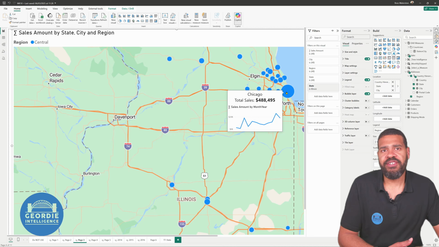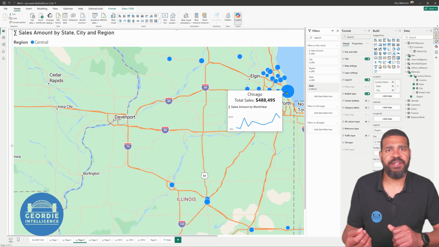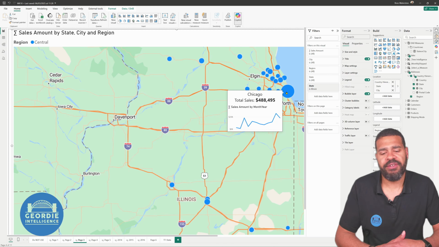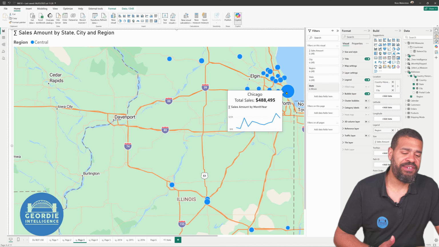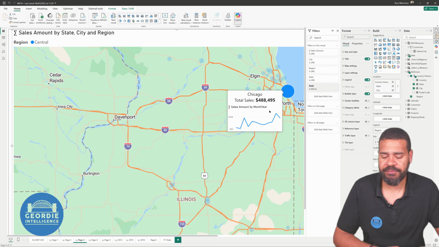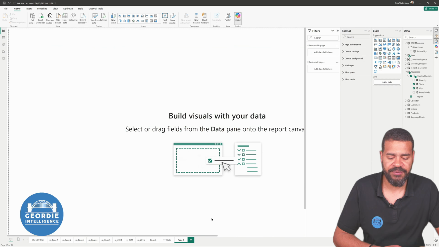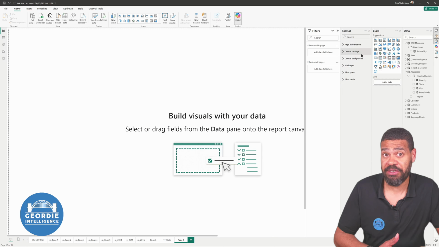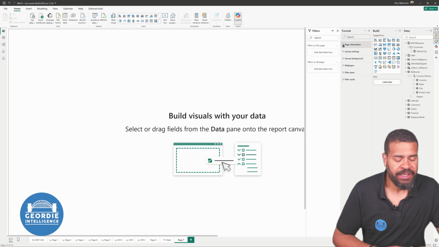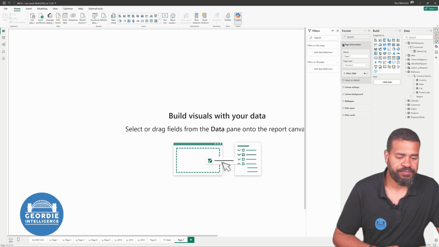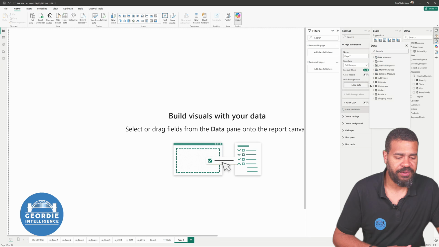What we would need to do, remember, is we said that if we wanted to get that drill through so that we could then actually go and see, well, what's the detail, say, within Chicago, we would need to do something different. So let's go to another new page and let's build a drill through. So for this time, we've got a new page, page information. It's going to be a drill through from, and in this case, where we want the drill through to be from